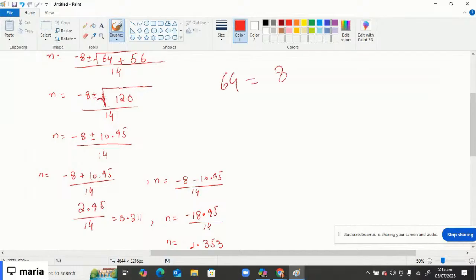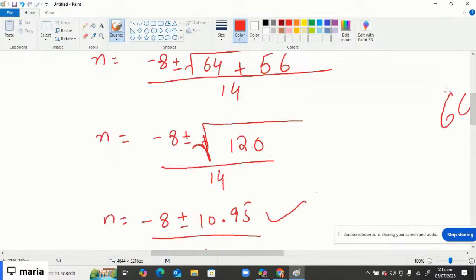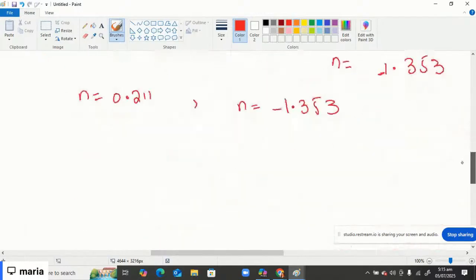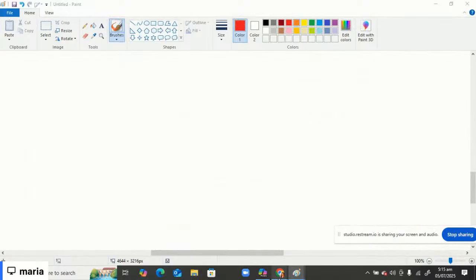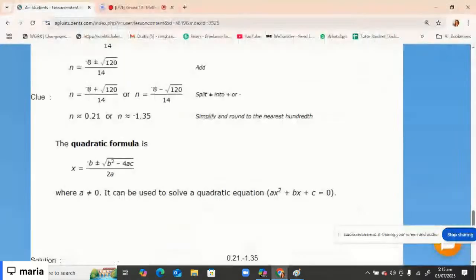But if there is no, and then we need to find the square root and write the answer in the form of plus and minus, placing these two values first in positive and then in negative, and then we just write down all the terms one by one. Hope you guys understand this lesson, how to solve the quadratic equation. Okay,